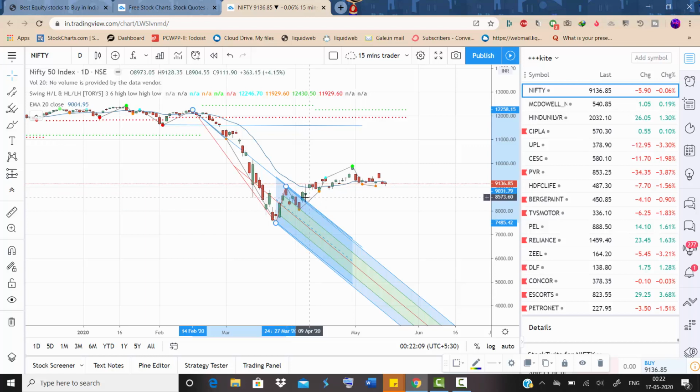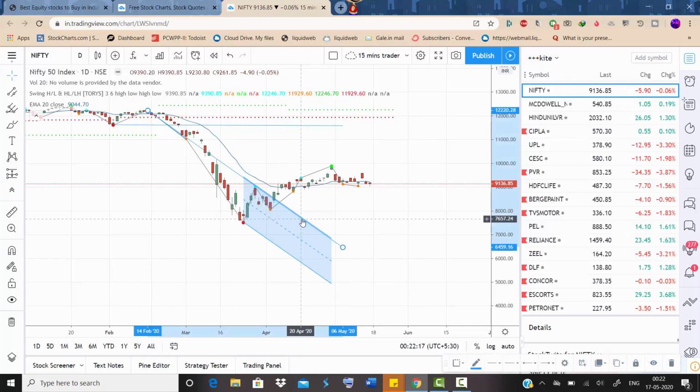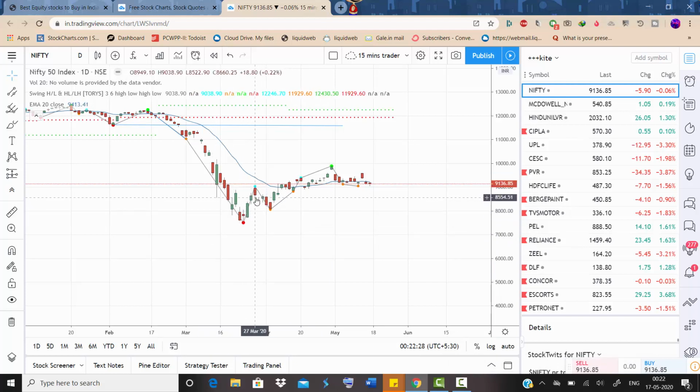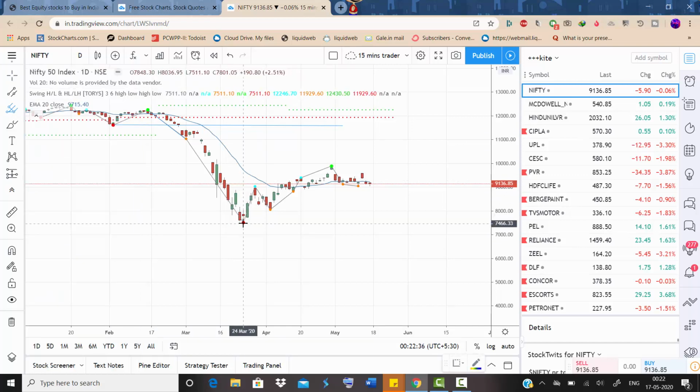So here you can see the stop loss has been hit, and there's a change in trend. So we would delete this. So we have got new ABCs now, A, B, and C. Same way, now this C point has not gone below A. So what we do is we use this pitchfork.